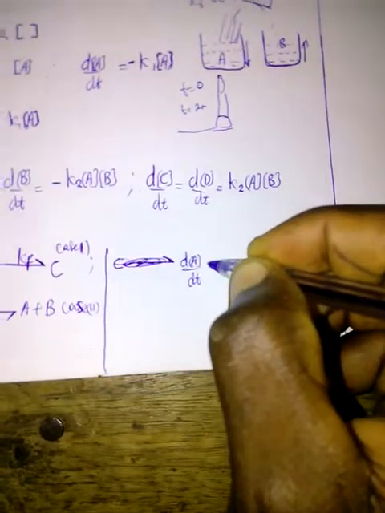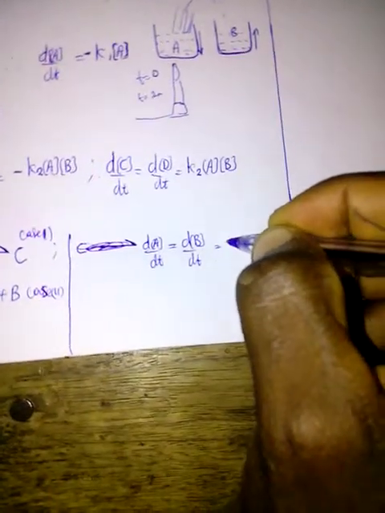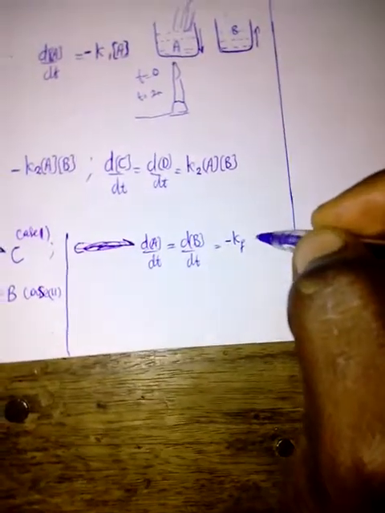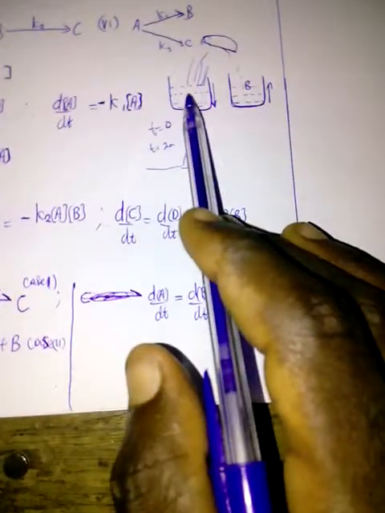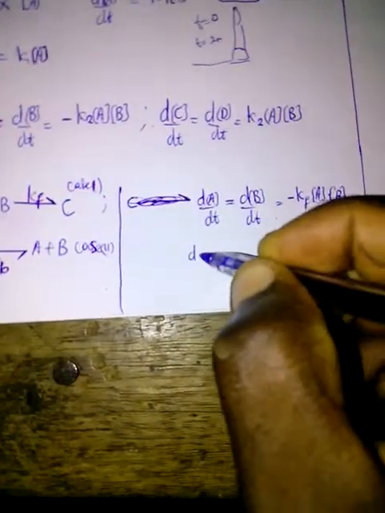d[A]/dt equals d[B]/dt equals minus KF times the concentration of A times the concentration of B. There's my negative sign here. So d[A]/dt equals this, d[B]/dt equals this. There's a negative sign here because A and B are reactants, as I explained earlier, that the rate of a reactant will be decreasing with time. So for C, for case 1,